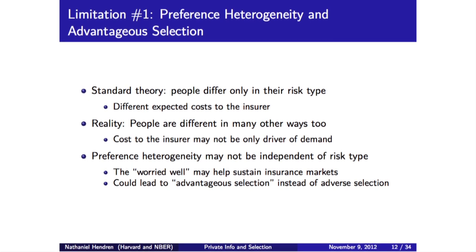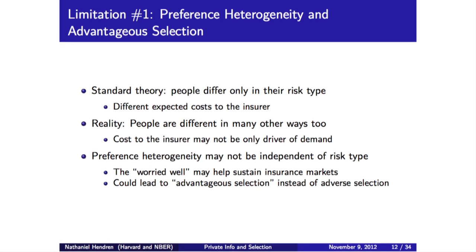And so this actually could lead to advantageous selection if you imagine that there's a substantially negative correlation between your risk preferences and your risk type, so that the low-risk guys really, really want insurance. You could imagine that those guys might be the only people that buy the insurance, right? So then you'd only have the low-risk guys purchasing the insurance, and the high-risk guys are like, I'm living on the edge. I don't have an interest in buying this insurance policy. So you might actually see advantageous selection in a world where there's heterogeneity in preferences of that sort.